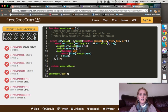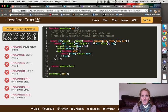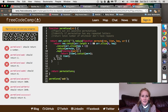Okay, so we've done the first part. We have figured out all the possible permutations, and the next step is to identify which of those have repeated letters. What we're currently trying to do is see if any of these have repeated letters, which of course they do. The way we're going to do that is we're going to need...